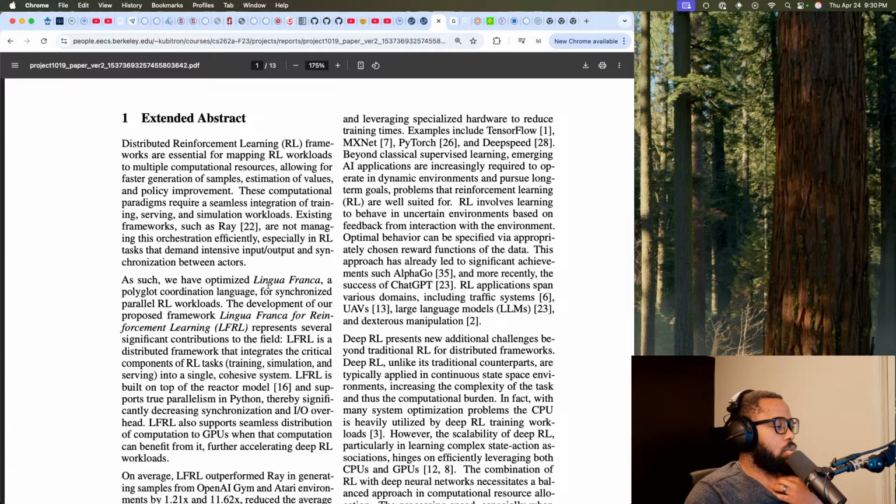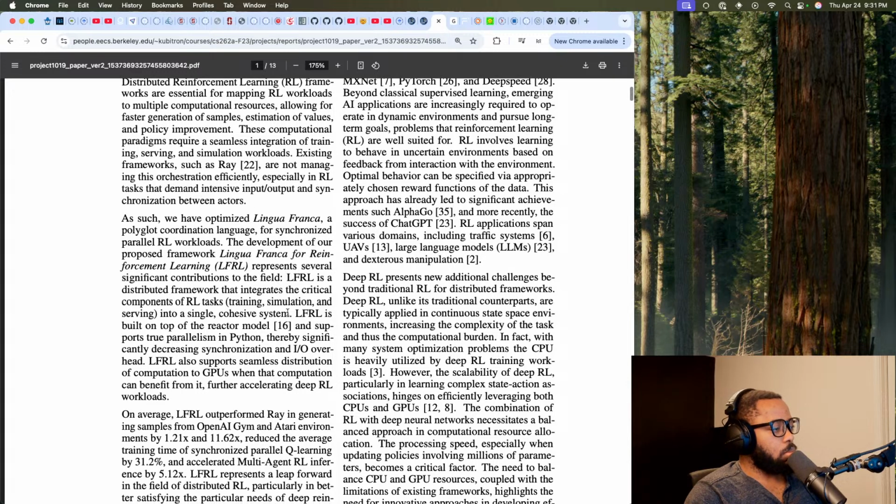As such, we have optimized Lingua Franca, a polyglot coordination language for synchronized parallel reinforcement learning workloads. The development of our proposed framework, Lingua Franca for reinforcement learning, represents several significant contributions to the field.